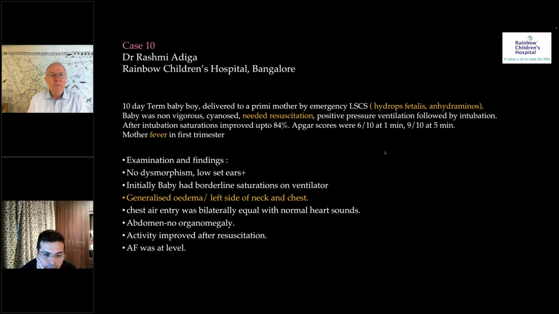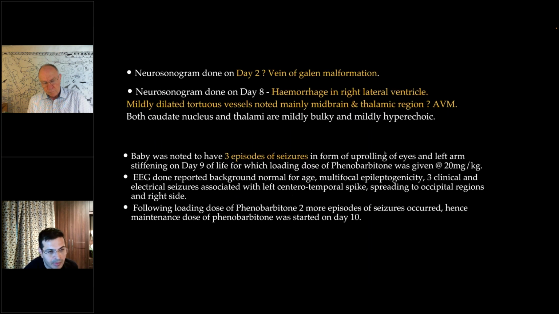Because the CSF protein is high because there was blood in the CSF, but obviously the panel and all the cell count and all is negative. But the baby behaved like a septic, looked like a septic baby on the day the baby had seizures, day 9. So initially, everyone was thinking about the AV malformation, but after the seizures and with this, we were thinking whether it could be a COVID MIS-C,